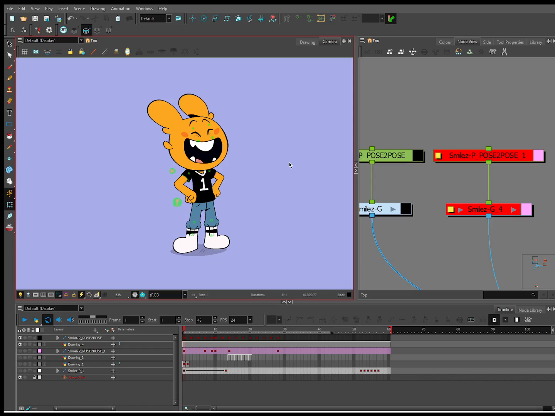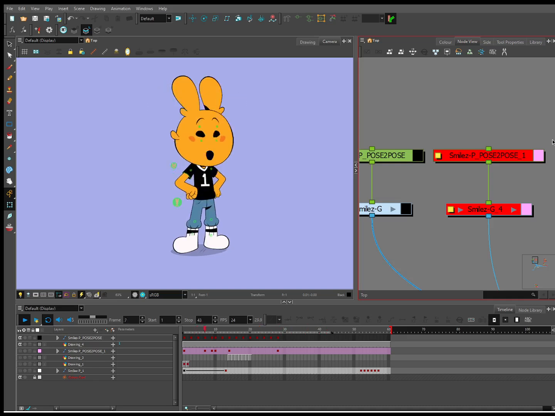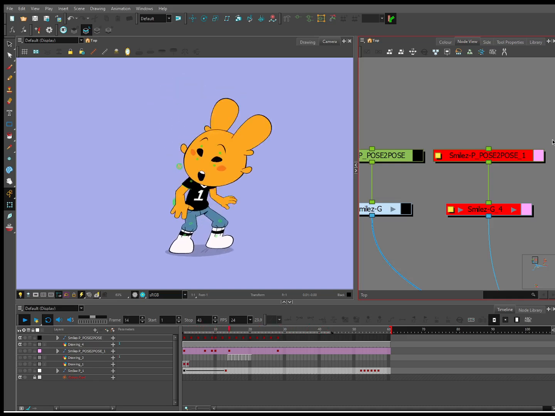The last lesson I went over, we were going over basic pose to pose action. I'll just repeat it here. It was just this character changing their expression, like from a smile, turning their head. We added a little bounce down.